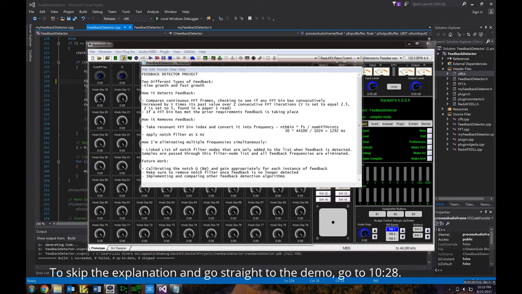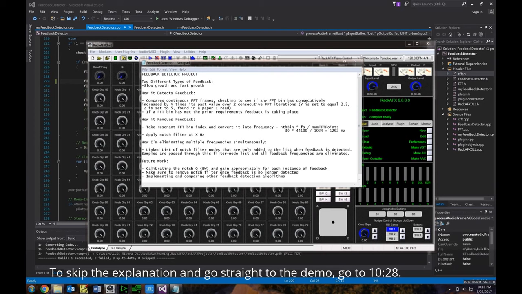And you feed it a Q and the frequency at which you want this notch filter, and at creation, the notch filter node is made and added to the linked list. Then I guess the 50th bin is detected. Same process, but the node is added after the 30th bin. And so what's happening? The samples are being passed through these filter engines, they're linked together,